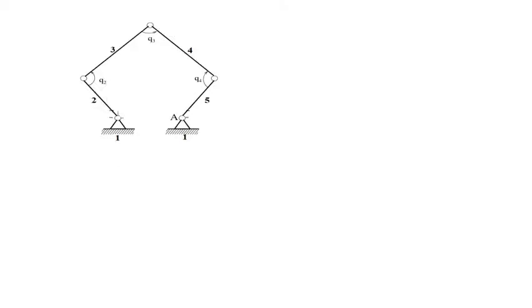So let us consider the next example. This is a 5 bar mechanism having 5 links. Always the fixed link or frame is link number 1. Frame is always link number 1. So this is link number 2, link number 3, link number 4, and link number 5. This is a kinematic chain because the last link is connected to the first link.